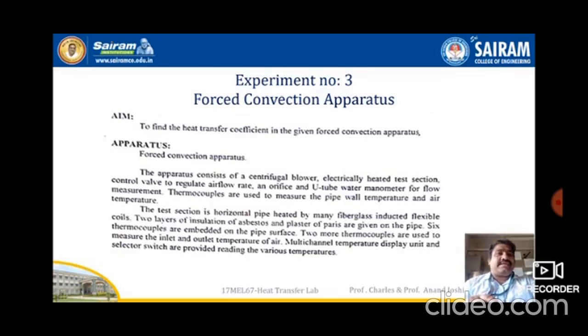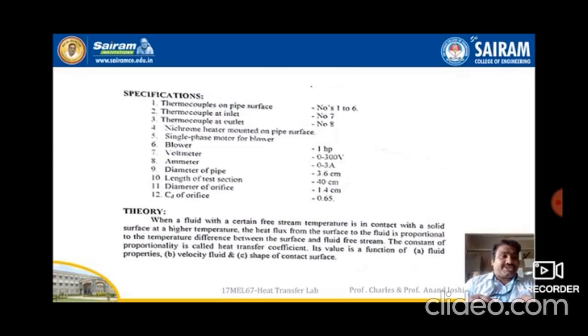Let us see the specification of the forced convection apparatus. There are 6 thermocouples on the pipe surface, the thermocouple at the inlet is number 7, and the thermocouple at the outlet is number 8. An accumulator is mounted on the pipe surface, and a single phase motor of 1